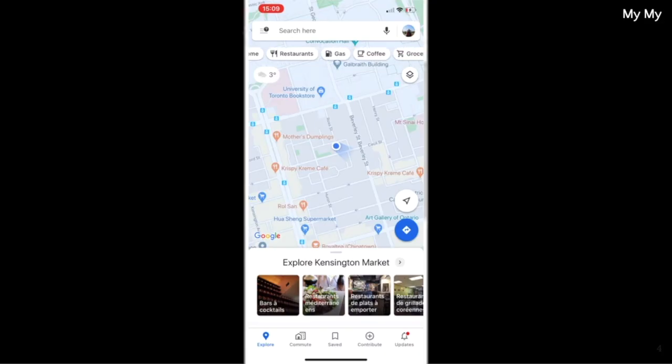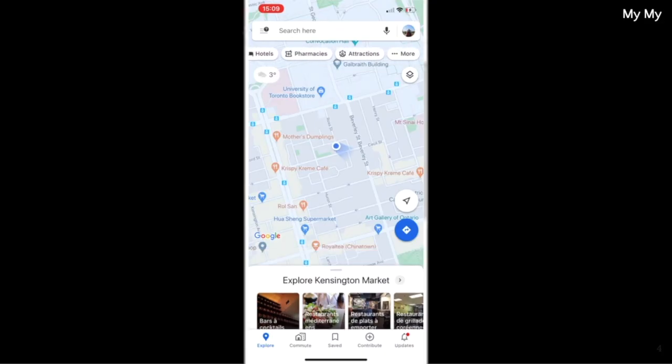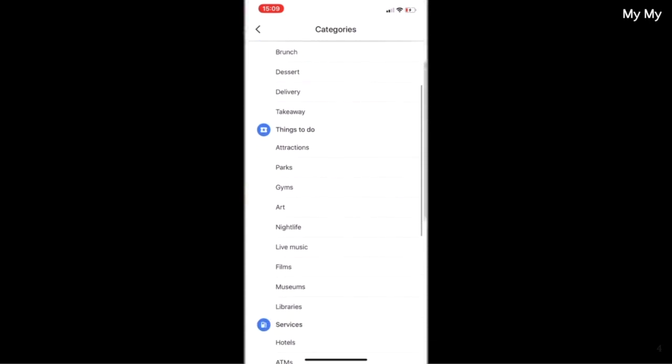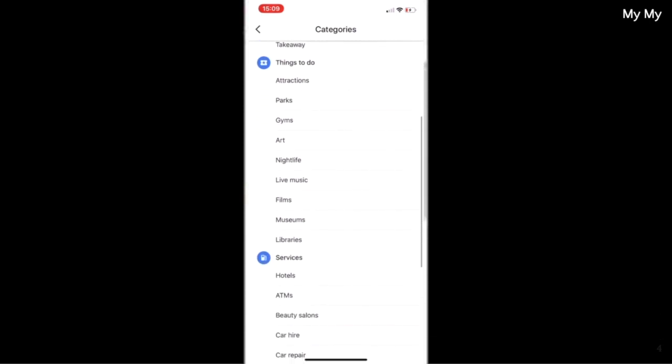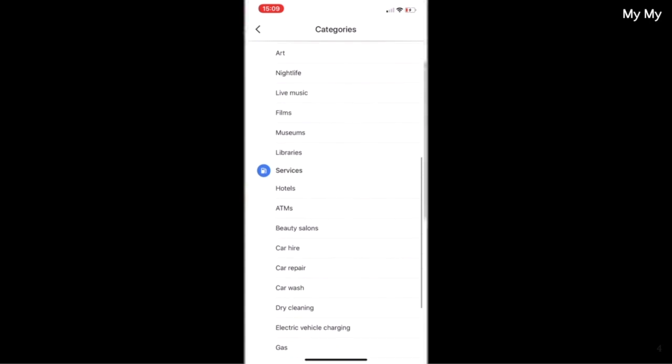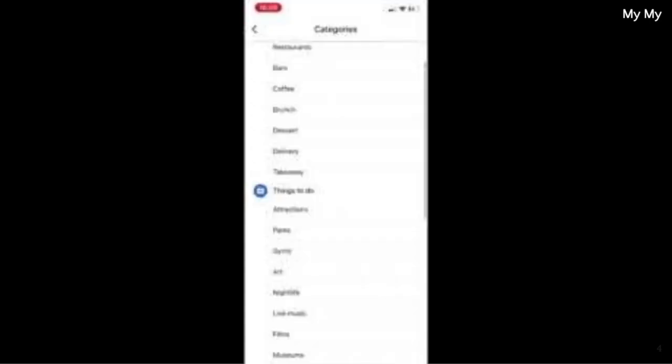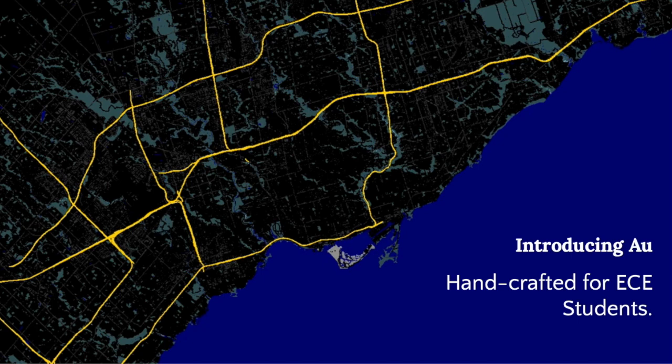Similar to the reading assignments, Google Maps has an abundance of information for ECE students who have minimal time to spare and look to do tasks quickly. Do I need to know where the nearest car wash is? No. And so without Professor Dawson to help us filter out this information, ECE students lack a map catered just for their needs. Our focus is to keep navigation simple for you to get from point A to point B,